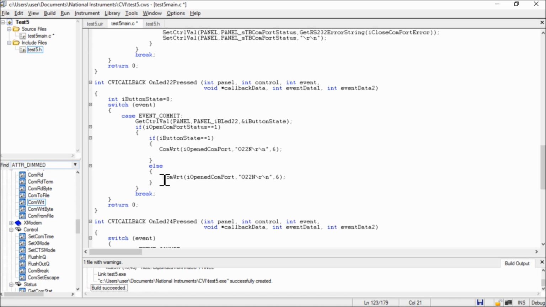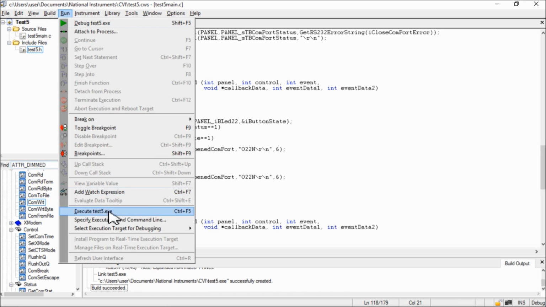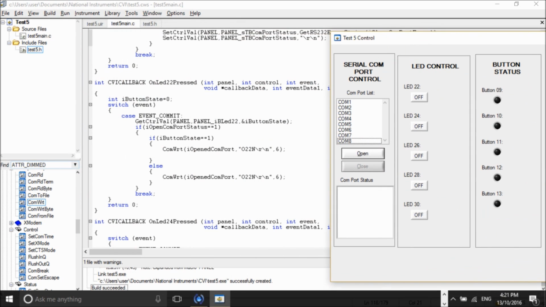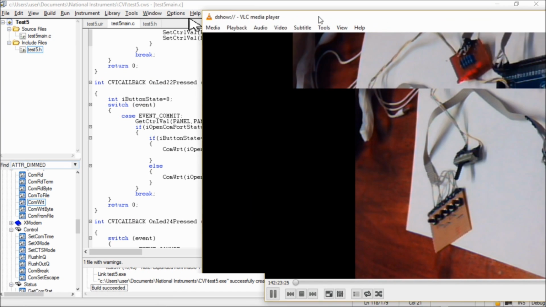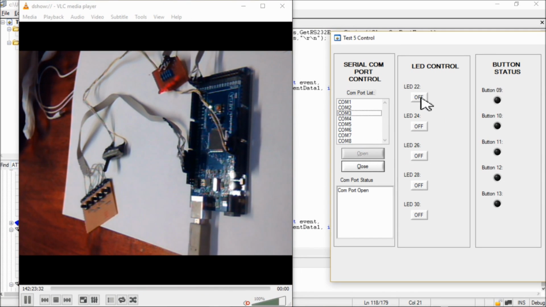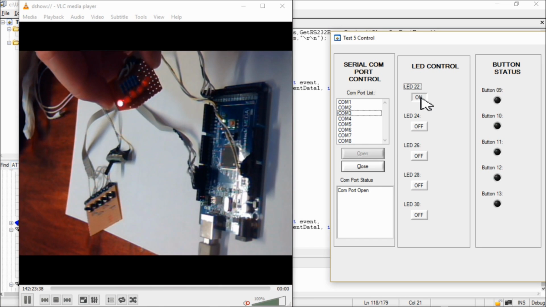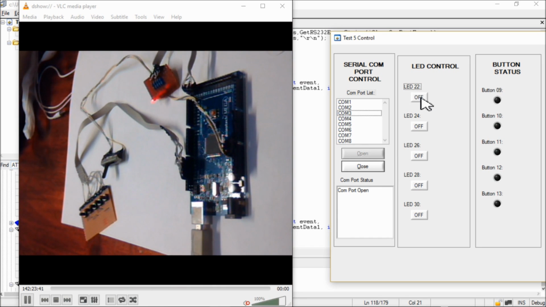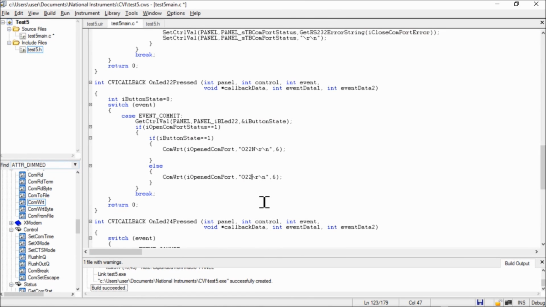Okay. Oops. I'll rebuild that, see if we've got any errors, and execute. And we'll just bring this over here and bring the video up on the left. And COM port 3 will open LED 22. You can see on the LED board there one of the LEDs is turned on. And if I click it again, oh, you know why? Because I just copy pasted the command without changing